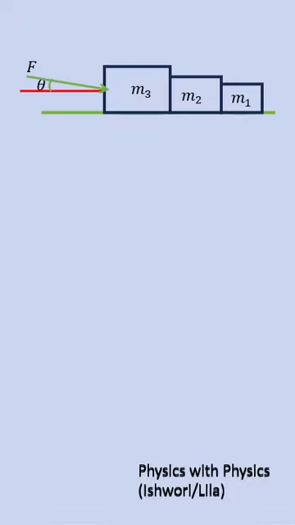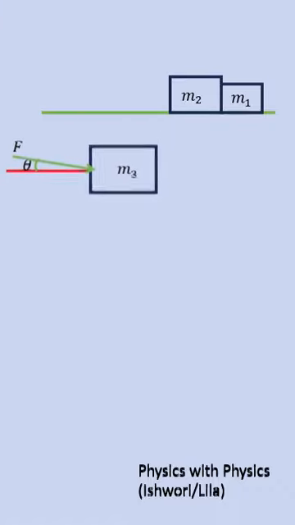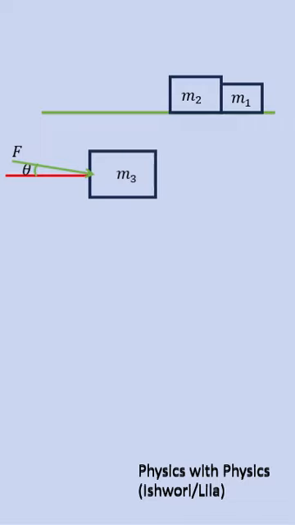F is applied in a way as shown. We have masses m3, m2, and m1, and on the application of force, the system moves as a whole with common acceleration. Now, let's see for mass m3. If we analyze the forces acting on the mass m3, we see,